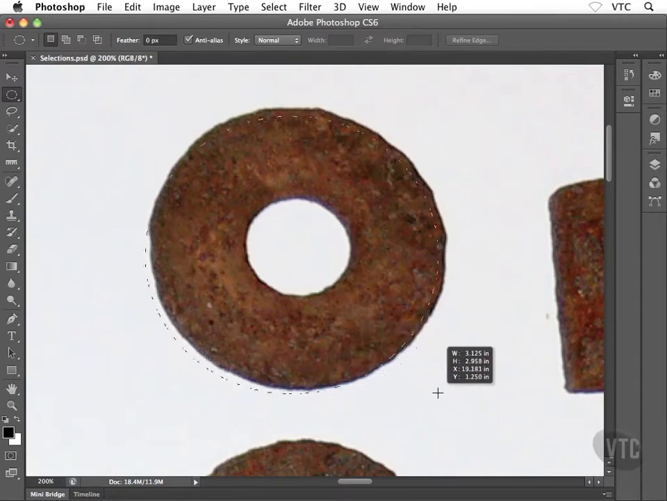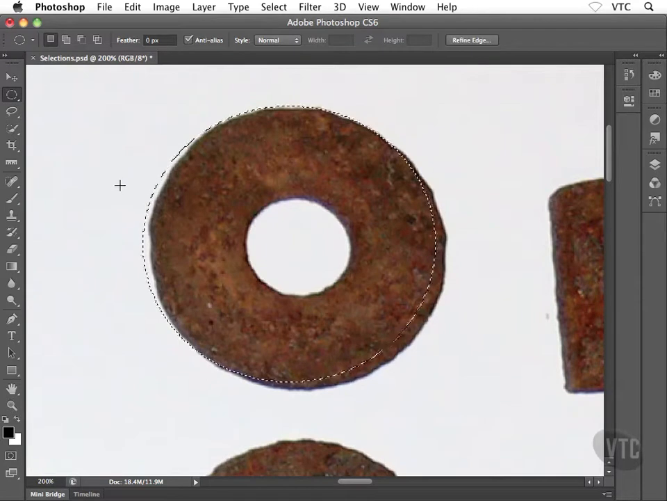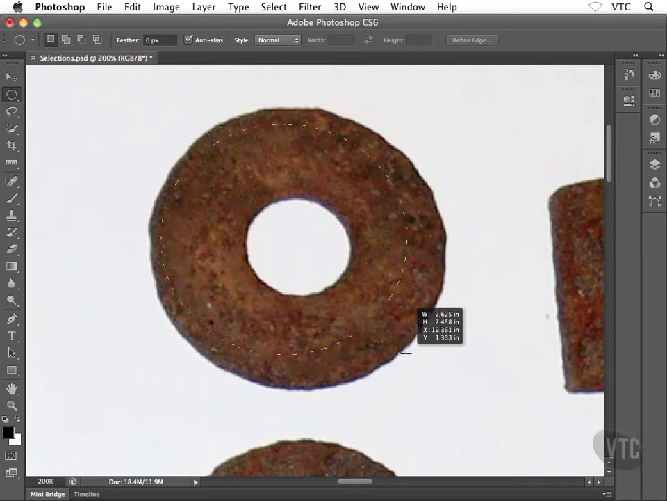Holding down that space bar allows me to reposition the selection, because sometimes you start off and your selection is bad right from the get-go. Well, you can hold down the space bar and try and reposition things as you're creating this selection, something like this, right? The other trick I wanted to show you